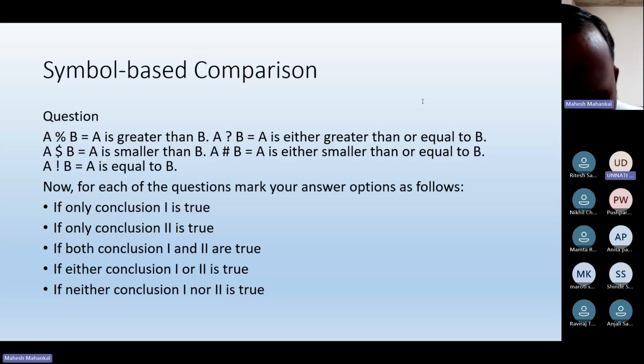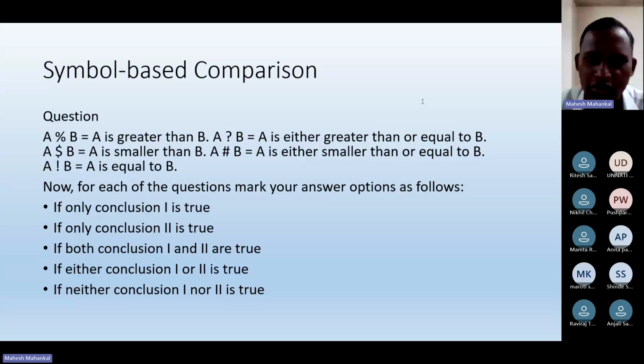Yes, sir. These types of symbols they're going to give you, and they'll give you what exactly this symbol means. And now each of the questions marks your answer options as follows. Only